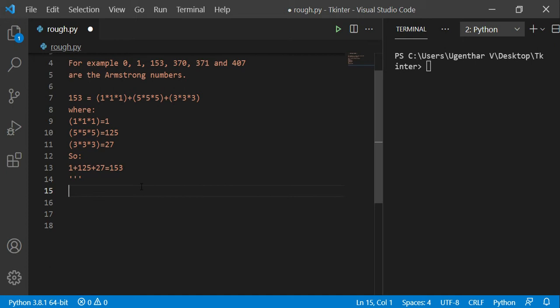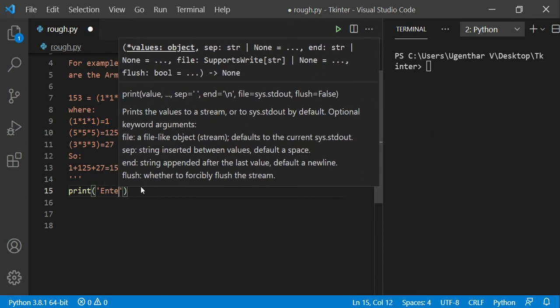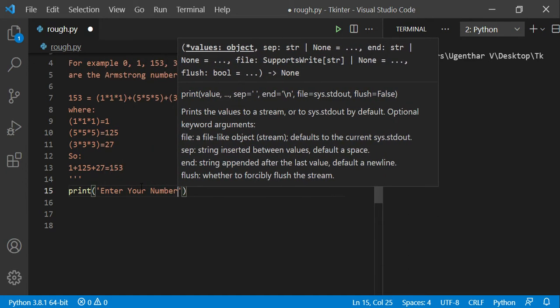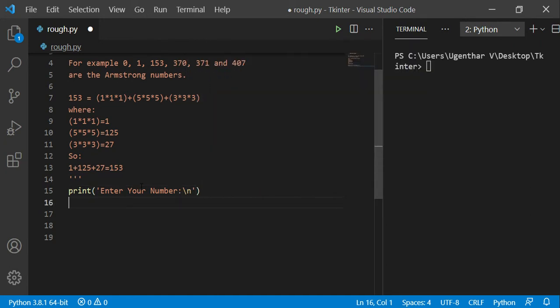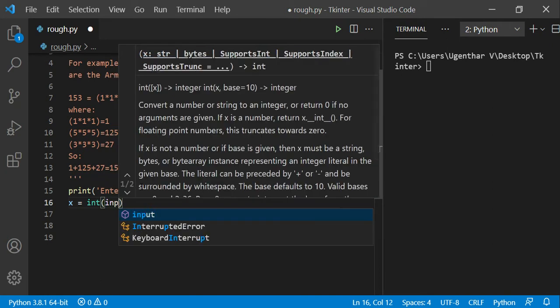Let's take the input from the user first. Enter your number. Let's give a new line and take the input from the user. Since we are getting a number, it is int of input.